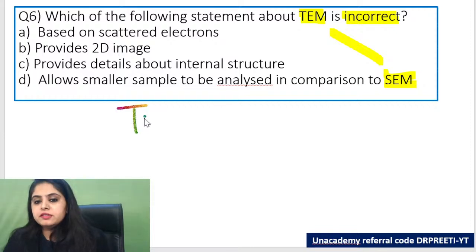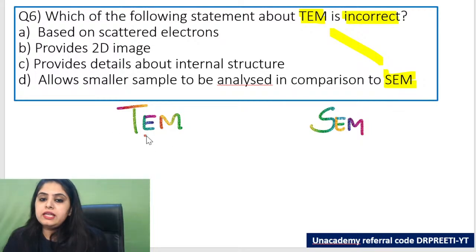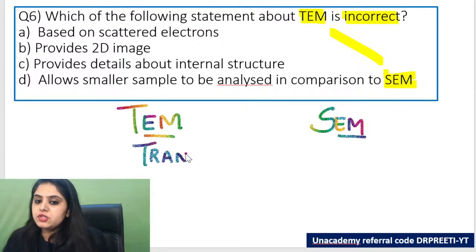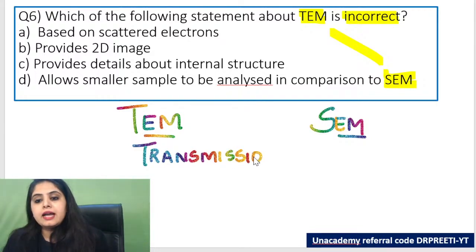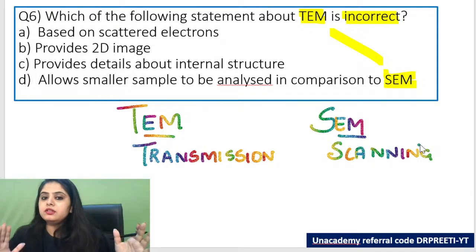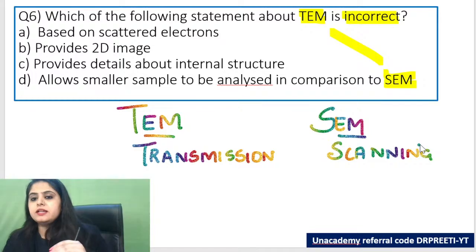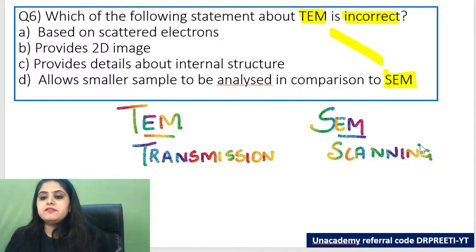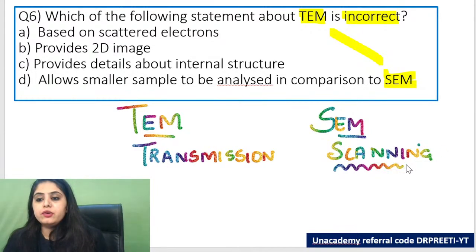So first and foremost, there's something called TEM and there's something called SEM. So EM we all know, electron microscopy. T stands for transmission electron microscopy. And S stands for scanning electron microscopy. तो खुद सोचो, transmission electron, scanning electron. Transmission, in which of them will electrons get transmitted? You will say transmitted electrons मतलब TEM. And if I say in which of them are the electrons going to get scattered, you will say scanning or